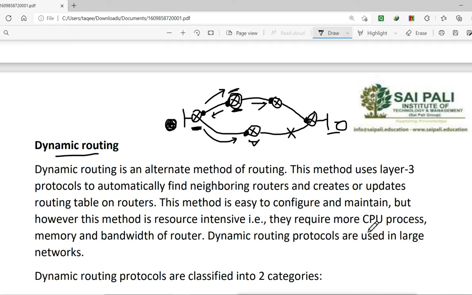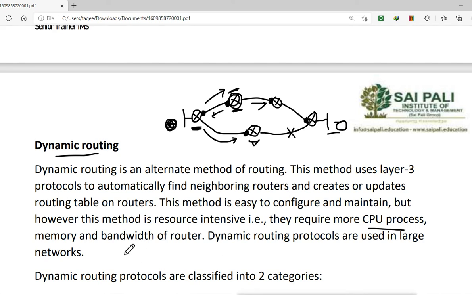So they need more processing power and more bandwidth also. That is why dynamic routing is not faster than static routing. Static routing is faster, but because it is dynamic, it finds the paths automatically. We use dynamic routing for large networks.